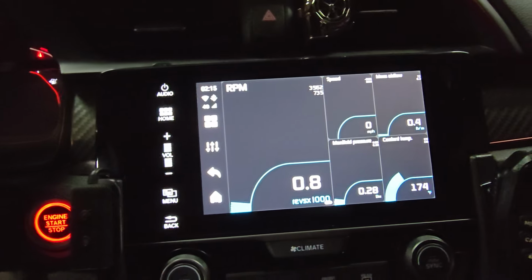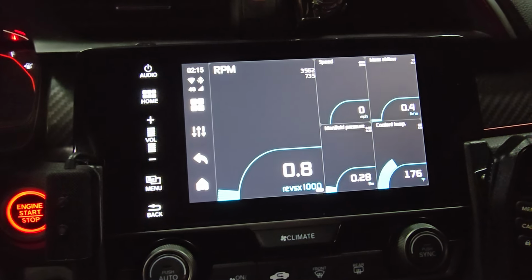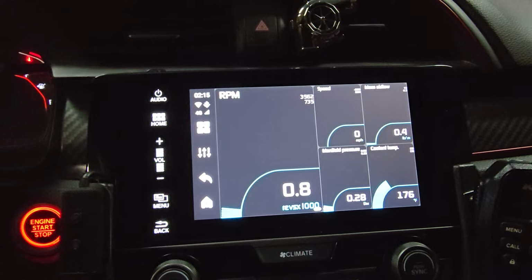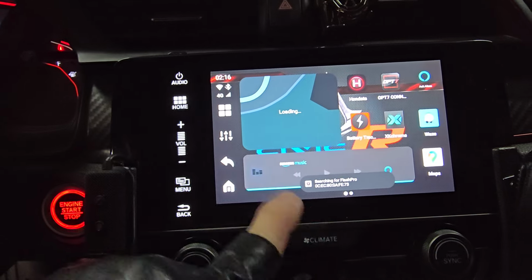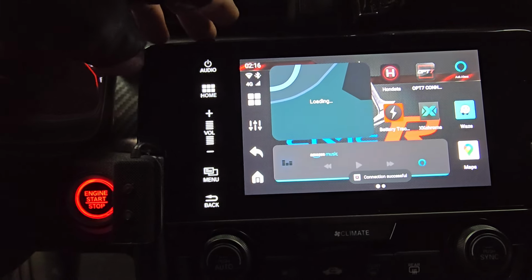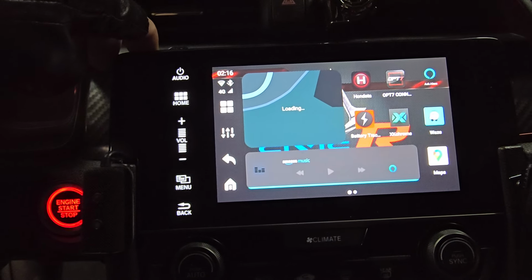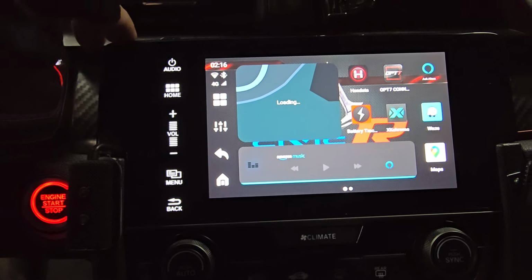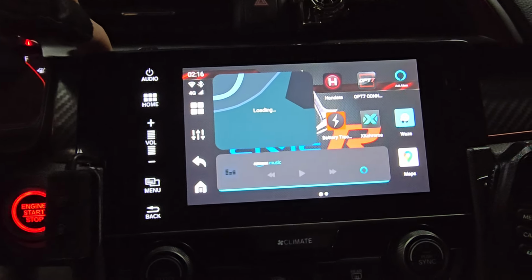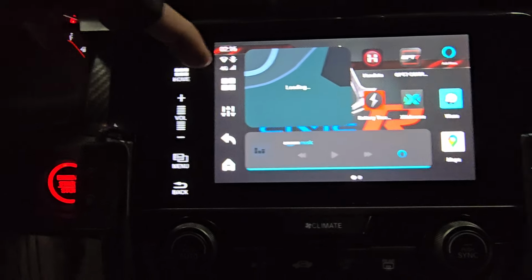I like it. The only thing is, to get everything you want out of it, you have to get a SIM card for it. To me, it's really not worth it unless you have a SIM card, which I've got my old one in here, but it doesn't work. That's why it says 4G, because my old phone died, and my phone that I'm on right now is my new one. I was hoping it might still be active, but it's not. But like I said, unless you have a SIM card or an extra line to put into the P3 system,